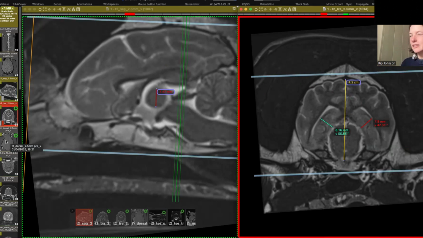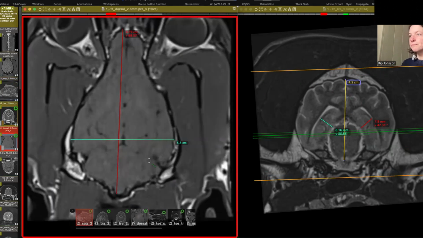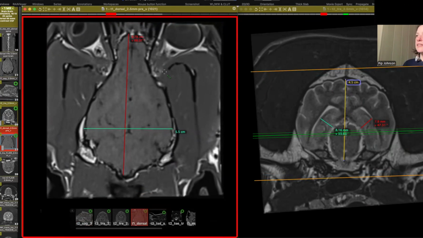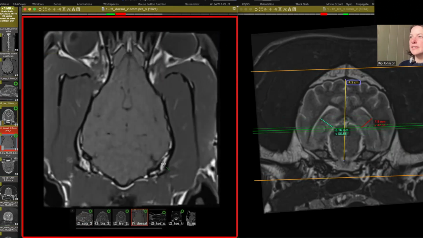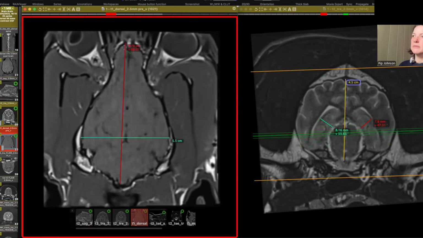The final measurement we'd like to do is within the dorsal plane, and this is just to get an idea of the shape of the calvarium. So we're going to do a length measurement from the olfactory bulbs caudally right to just exactly the longitudinal extremities of the calvarium, and then also a width measurement at this same level. In order to get that slice, I basically scrolled to get the absolute maximal longitudinal length, and that was the slice we chose. And then we take those two measurements at that level.